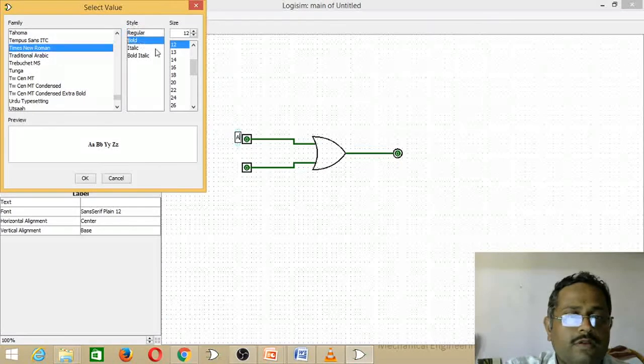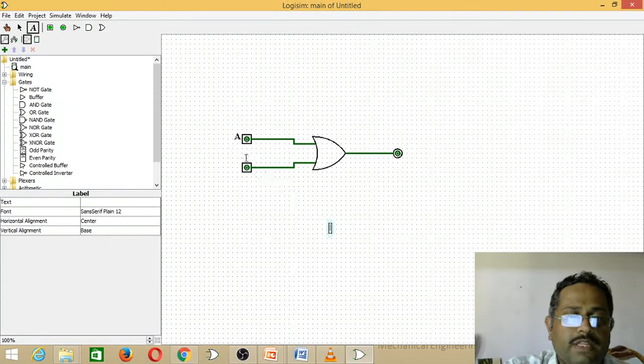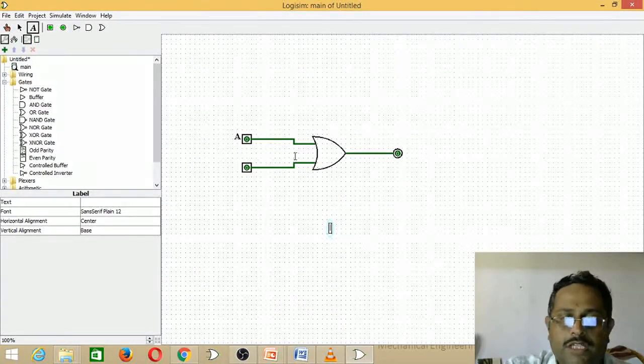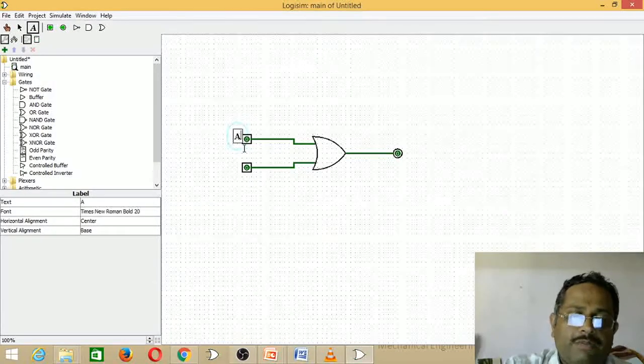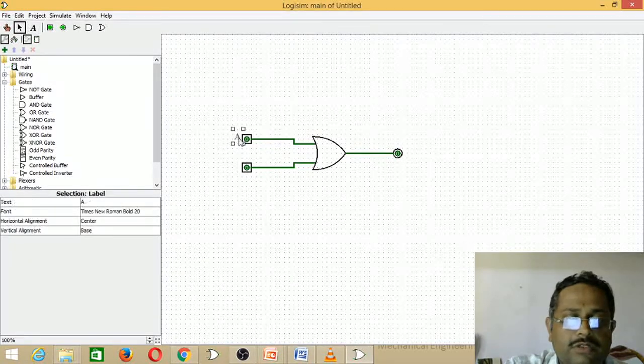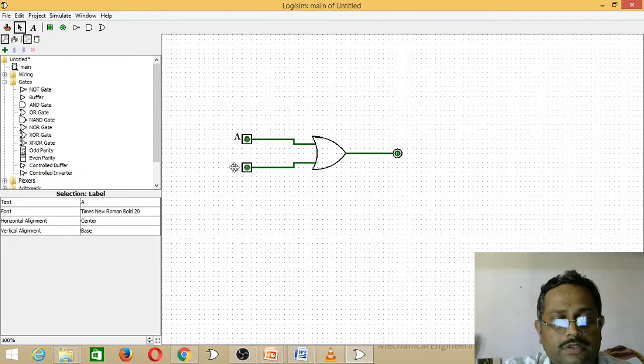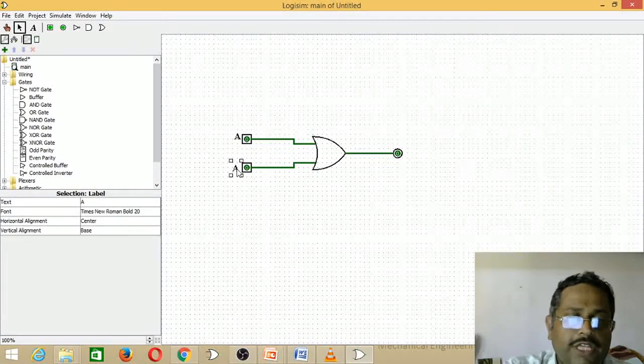Next, in the same way you can label all the parts, or we can copy and paste by selecting an existing label and pasting. After pasting, you have to edit the text.